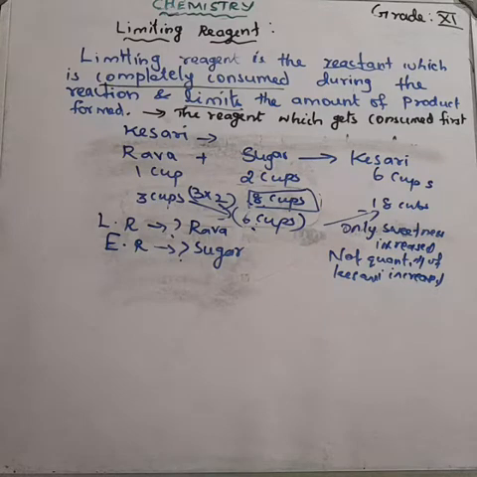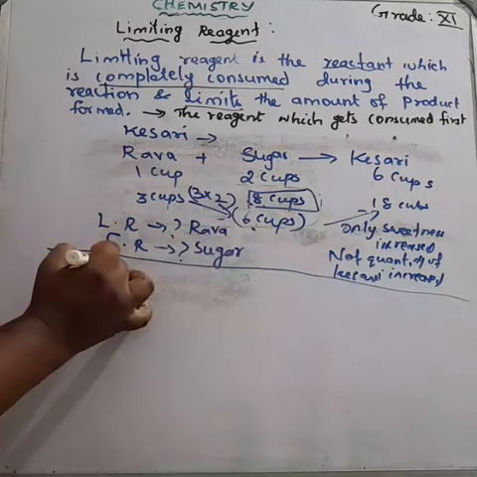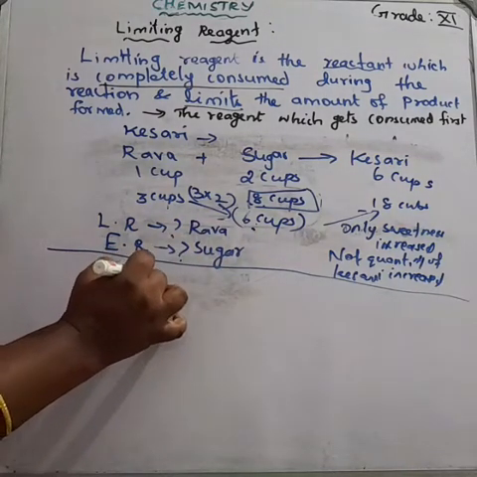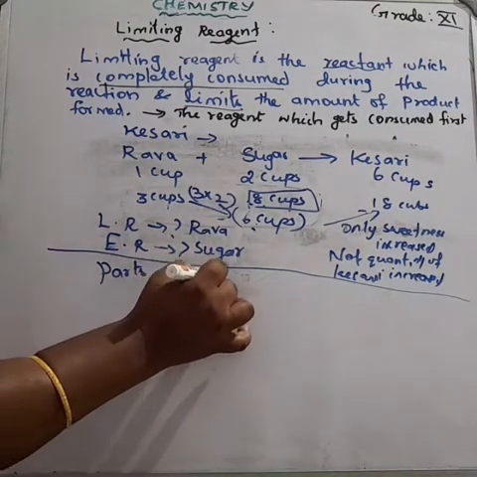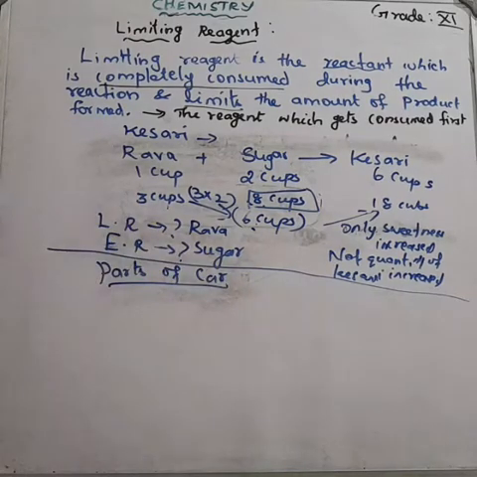Suppose a manufacturing company manufactures the parts of the car. Okay, automobile parts of the car. The manufacturing company is preparing automobile car parts. They prepare 32 tires